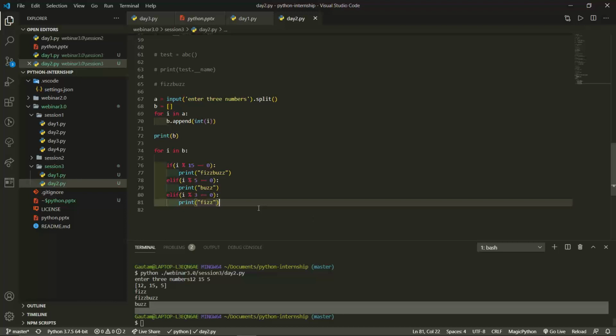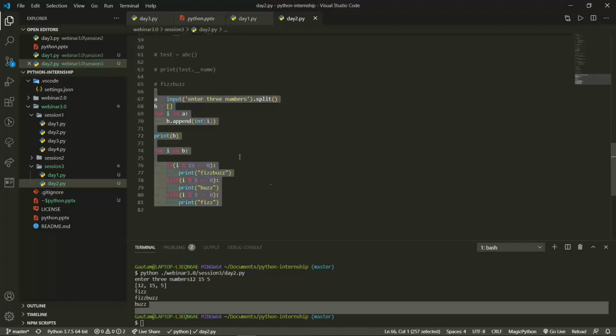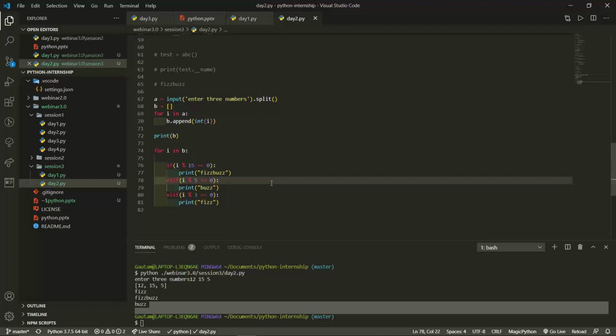All are the same. So this is what the FizzBuzz project is all about. This is only to understand the basics of the project, that if you get certain data and you are going through this, these are the mistakes and the errors that you need to check out. Okay, so I hope you understood this project.